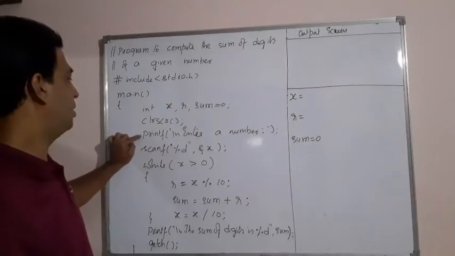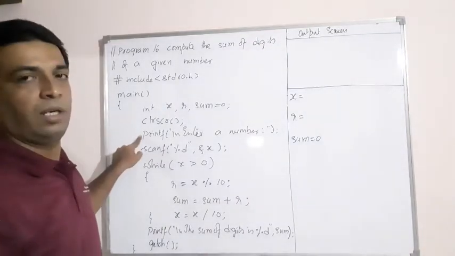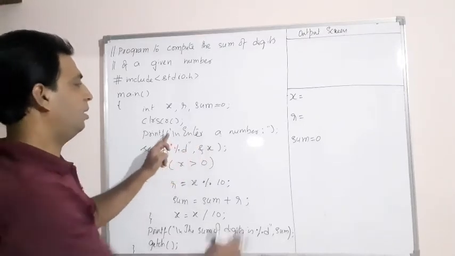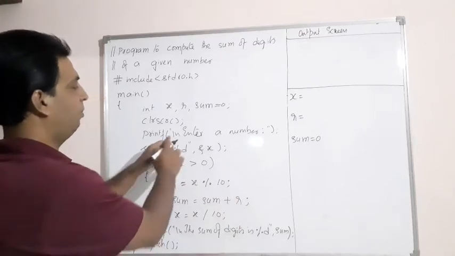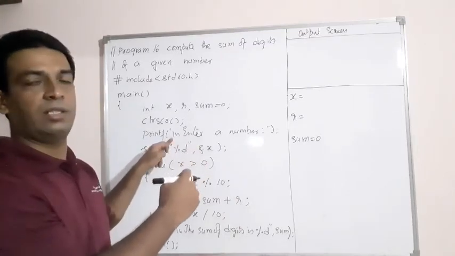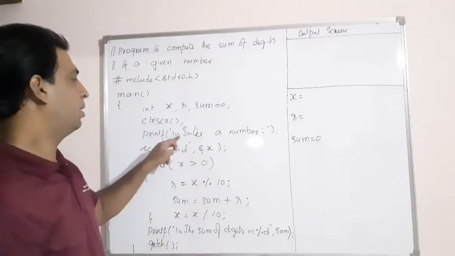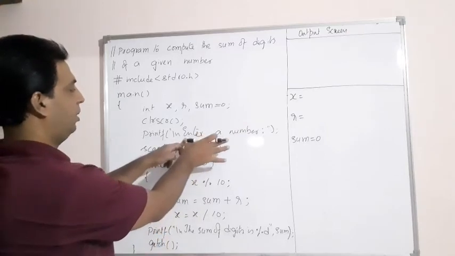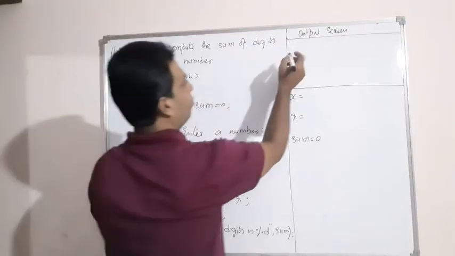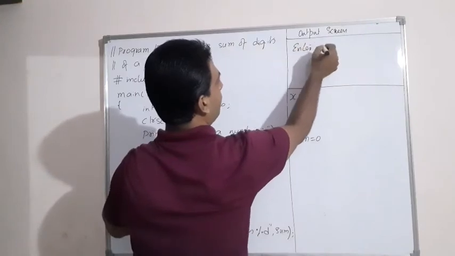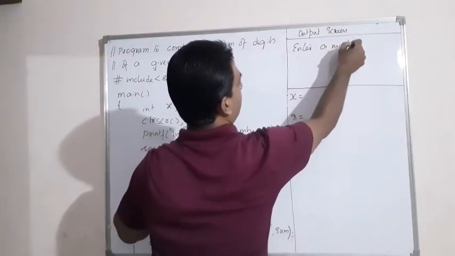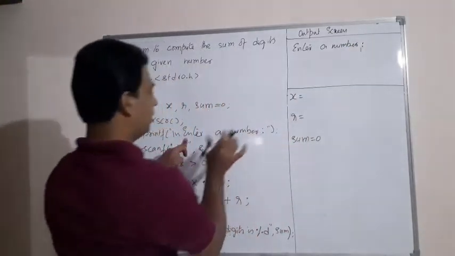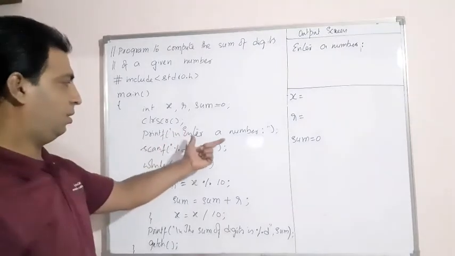The next statement is the printf statement, which is a formatted output statement, which displays any string within the given double quotes. The backslash n indicates a new line, and then this string will be displayed on the output screen. So this printf has "Enter a number", and this will be displayed on the output screen as it is. After displaying this line, we have this string on the output.